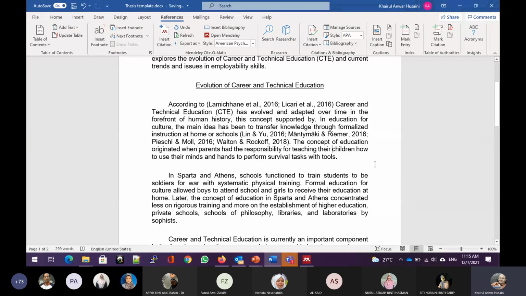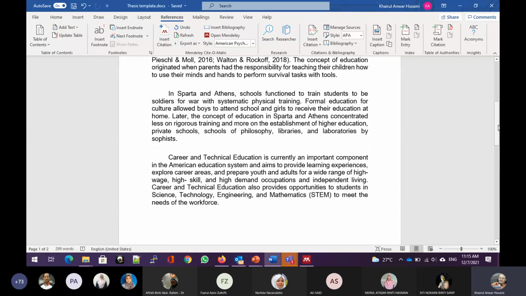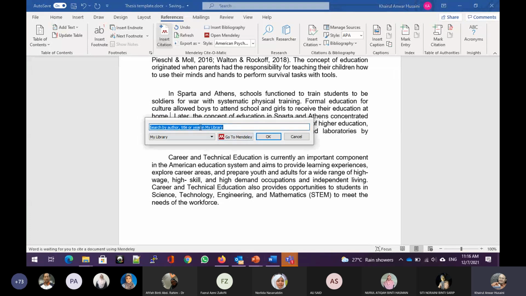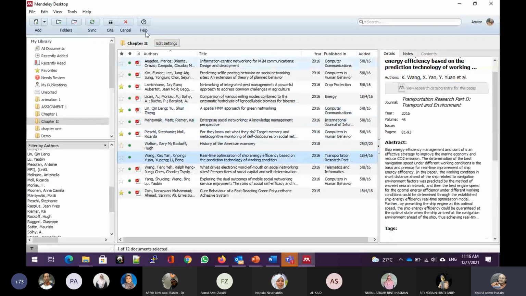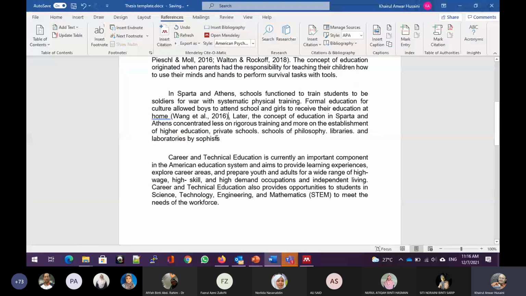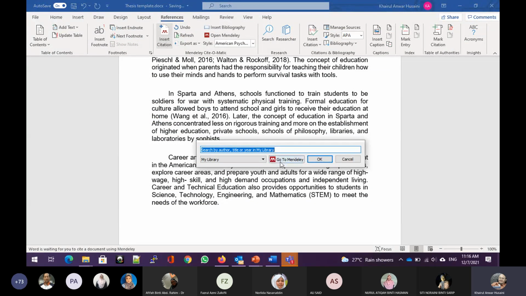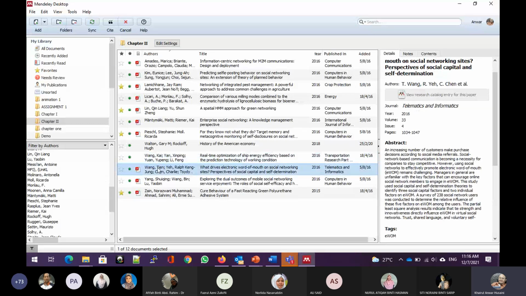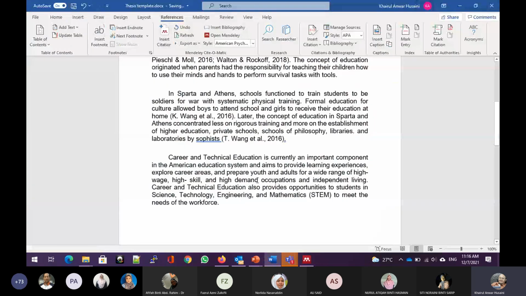So the concept of applications are generated by the parent, has a responsibility of teaching. Again, you can add another in this particular paragraph as well. So you just click on go to Mendeley and you go to Wang, and at the end of this text, this is a very lousy student. Everything is copy and paste, so that's why they have to put the citation at the in-text citations here and there. So this is a bad example of doing citation, but for the sake of familiarizing you all with